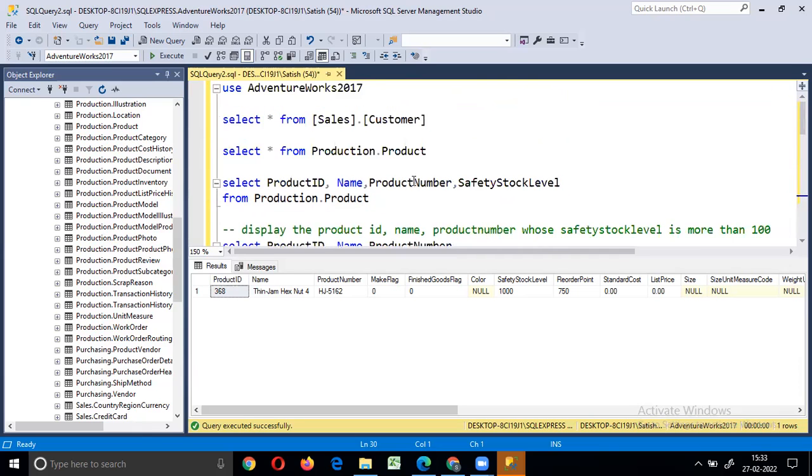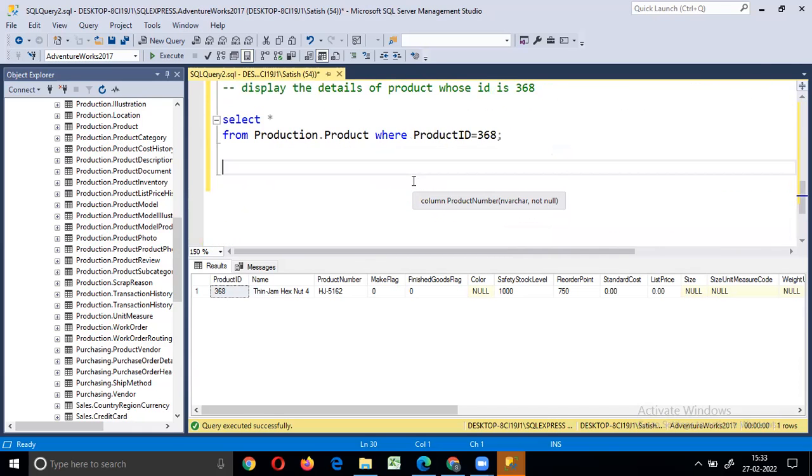Next, I want to display the products whose product ID is from 300 to 400. In between 300 and 400, I would like to display that. So we are going to use the BETWEEN operator here.